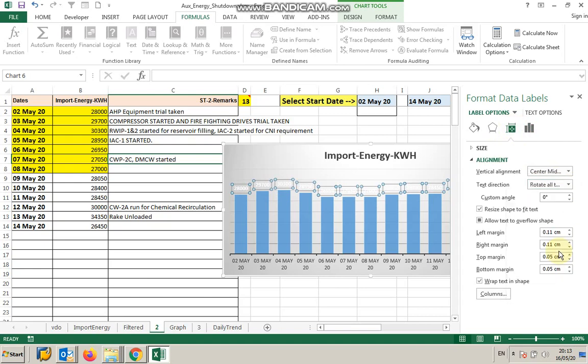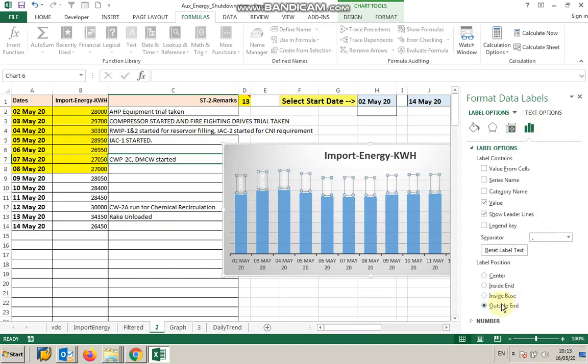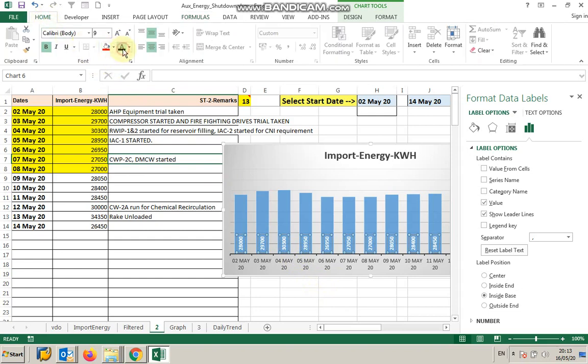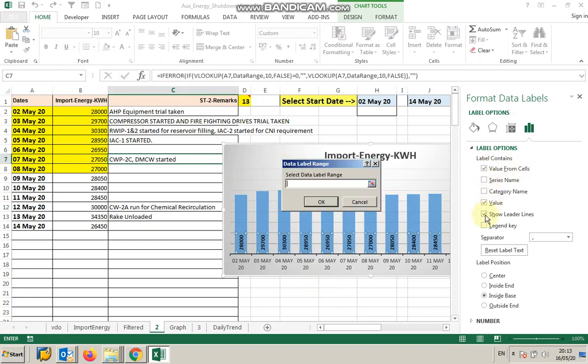In Excel 2013 and onwards versions, there is a special feature, Value From Cells. If I tick this, then a range can be added from where these remarks will be picked up.